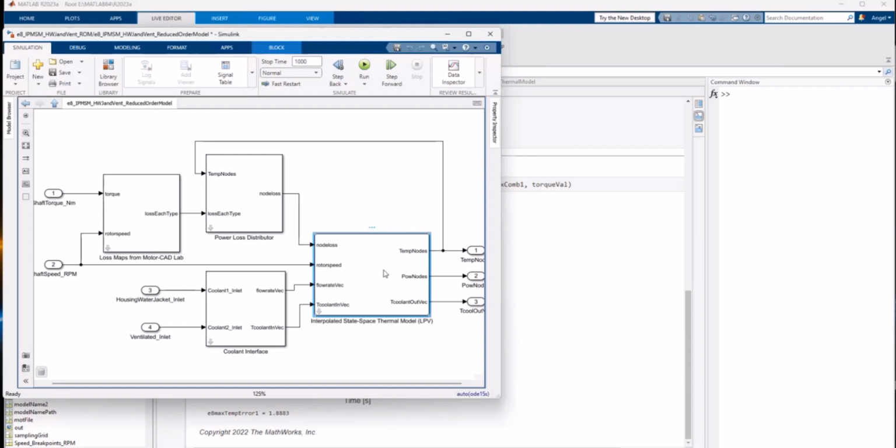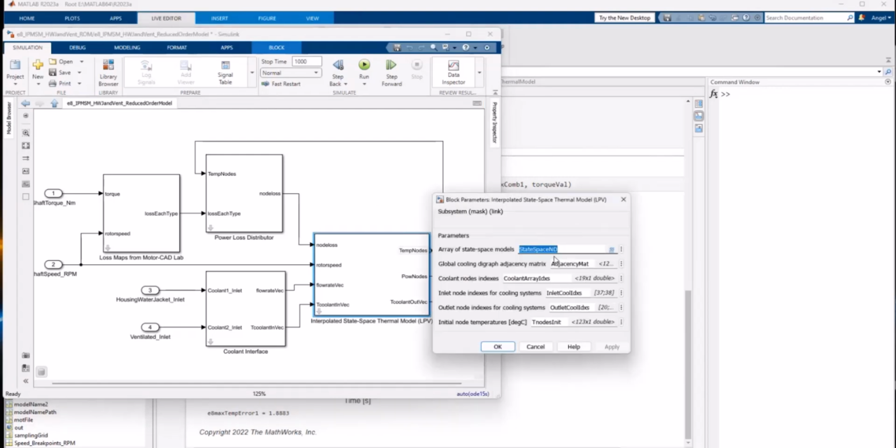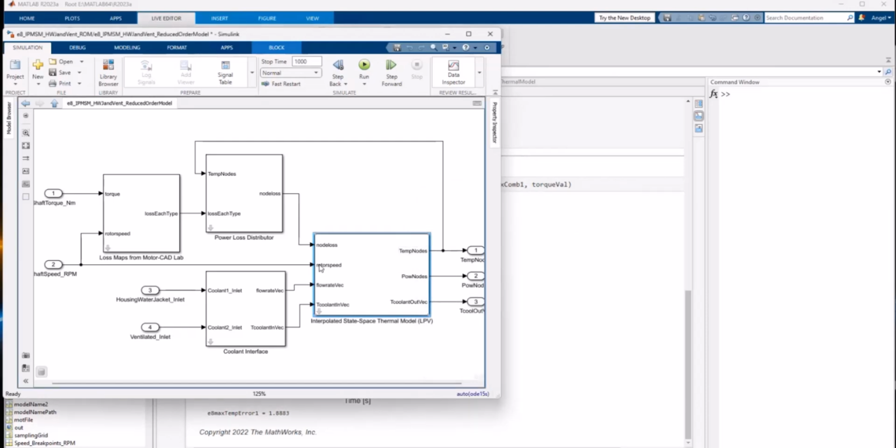They're all put together here, stored in this state space ND array, and it interpolates the state space models based on speed, flow rate, and temperature, and also injects the losses at the nodes with this value here. That's the architecture of the reduced order model.